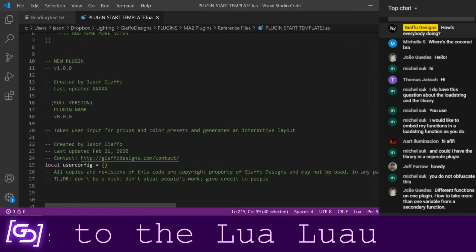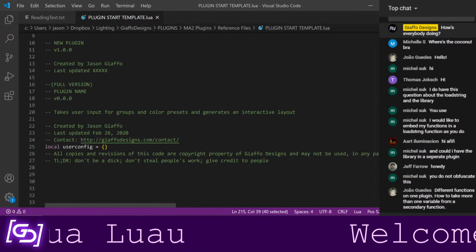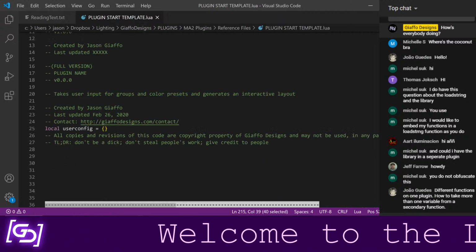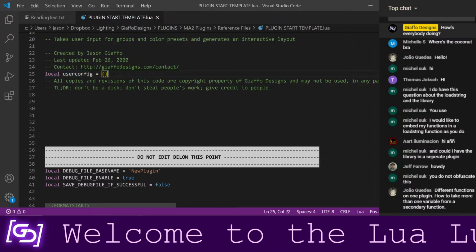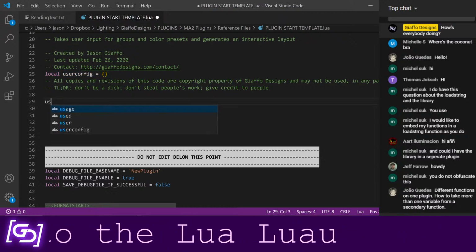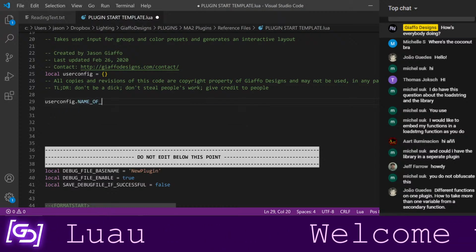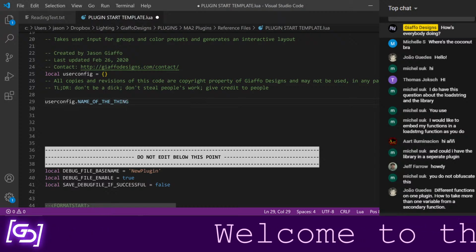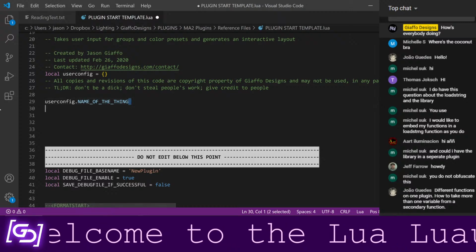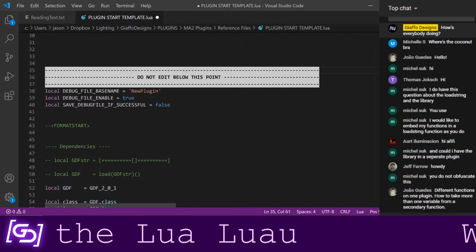So this is my template code. I'll take it top to bottom to start with and then get into what the most important parts of it are. I've got some info at the top. I've got a user config table that I put at the very top so that any user config variables start there, so it's clear to users as they come into it that this is part of user configuration, below the "do not edit below this point" comment.